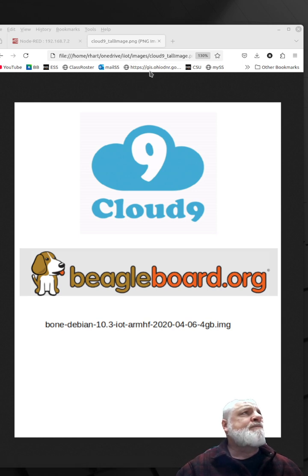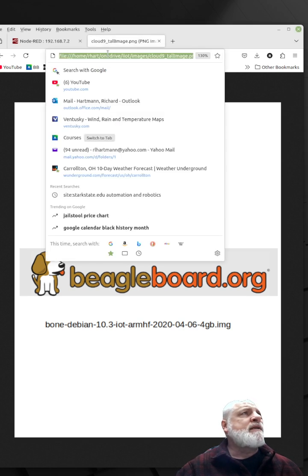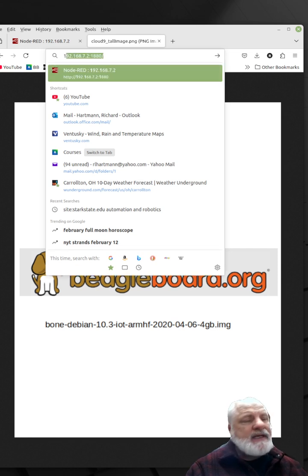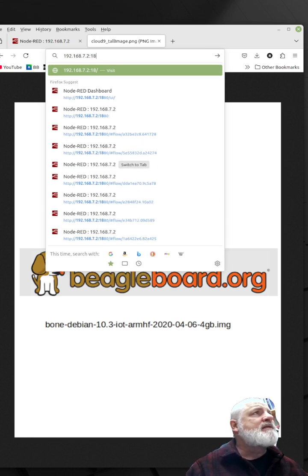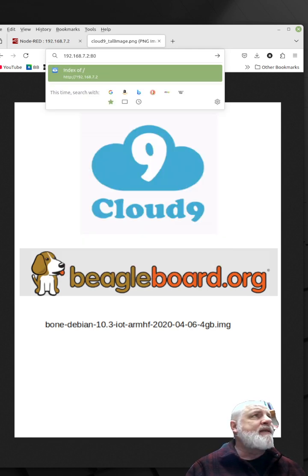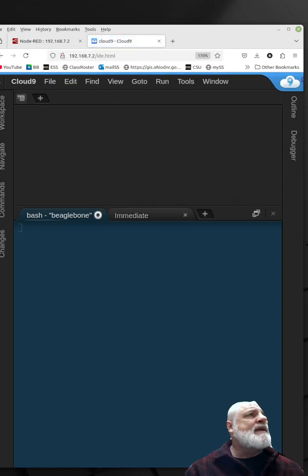So to get to that from our local machine, we want to connect to the Beaglebone on port 80, which is the default HTTP port. So we're going to type in 192.168.7.2, and then we can either leave off the colon port number, or you can force it to port 80 by typing :80. Especially if you're using the Edge web browser, it tries to force you to the encrypted port, and that will not work. So you have to go to port 80, and this loads up